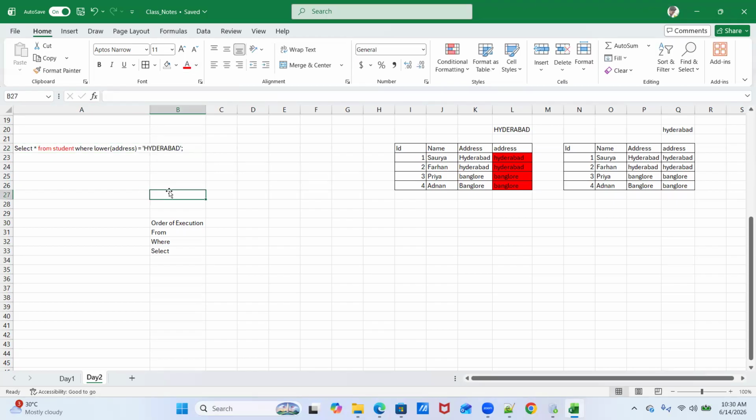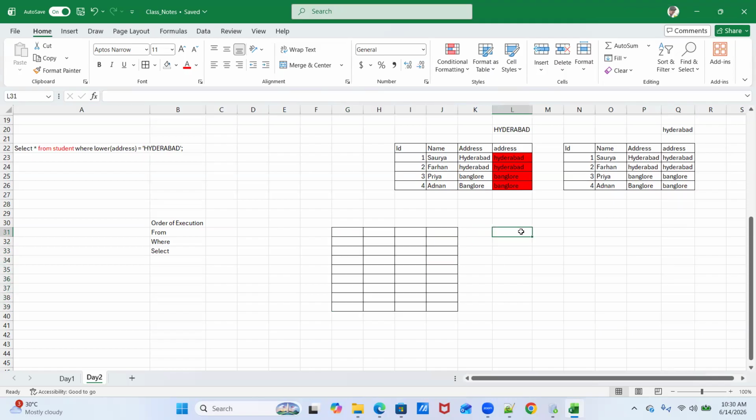As soon as the from clause gets executed by the SQL engine, it will take a copy of this table, whatever data you have in the student table. Let's say you have n number of columns and n number of rows. It will take a copy of that data and keep it in temporary memory.